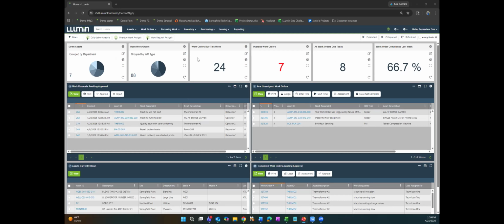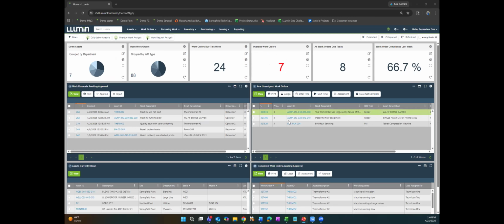So I can really track those things. And if you're like me and you want to know exactly where you should focus your attention for the day, we've added some logic behind some of these KPIs here. So if you notice this one here, I've got this red 7. So overdue work orders. I've said that if my overdue work orders exceeds 2, I'd like that to be highlighted in red here to really draw my attention to that, so I know where to focus